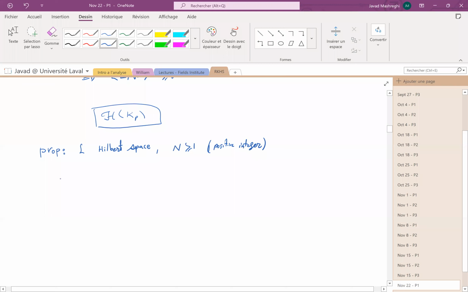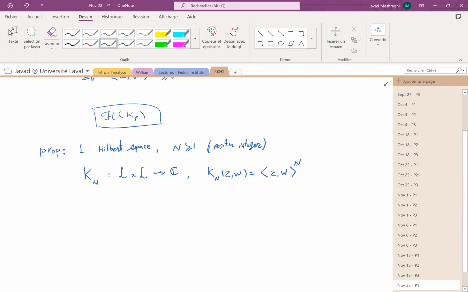And K_n is defined on L times L with values in the complex numbers by the formula we saw before: K_n(Z, W) is (Z, W) to the power n. In other words, we just consider the monomial x to the power n. These are our assumptions. Then